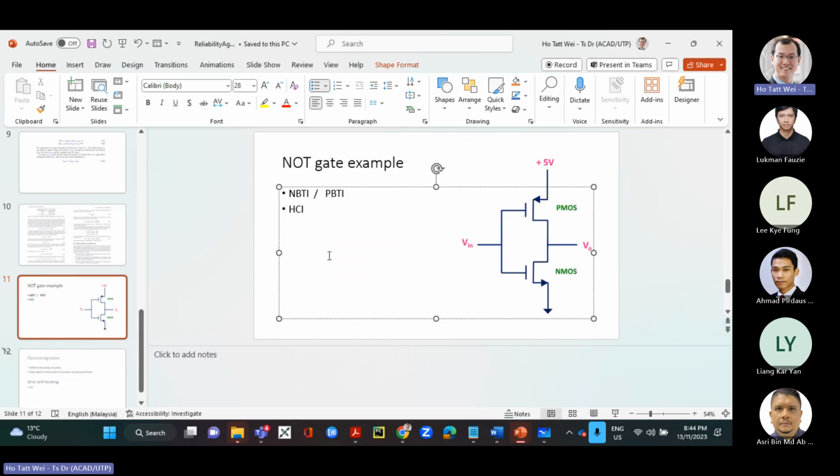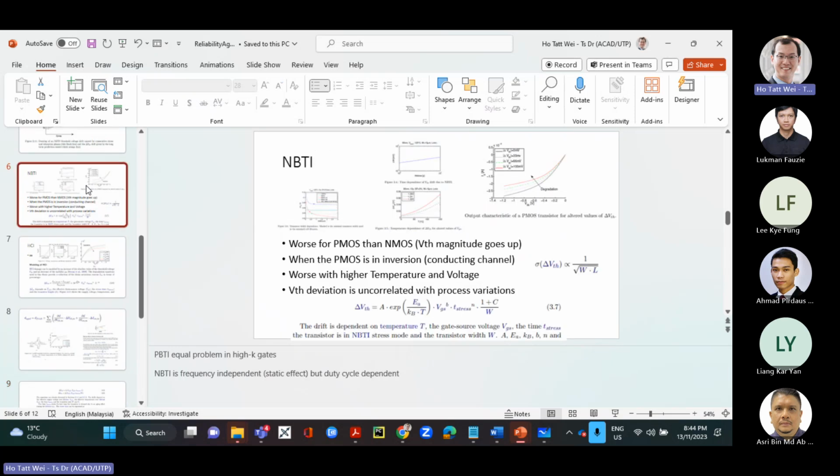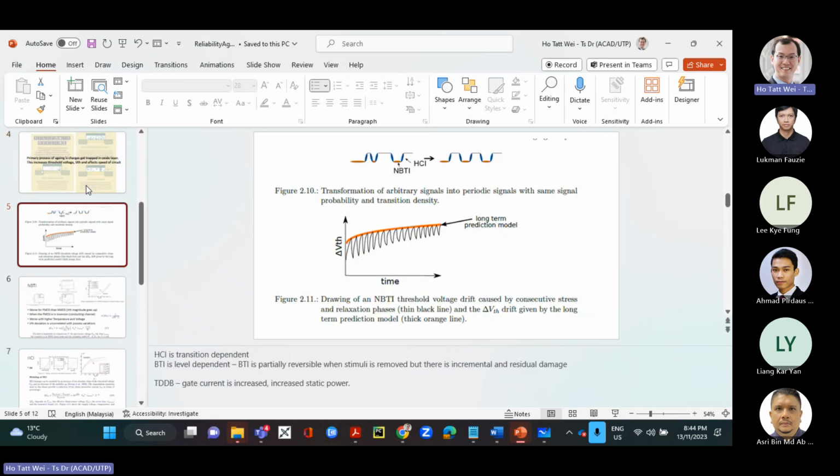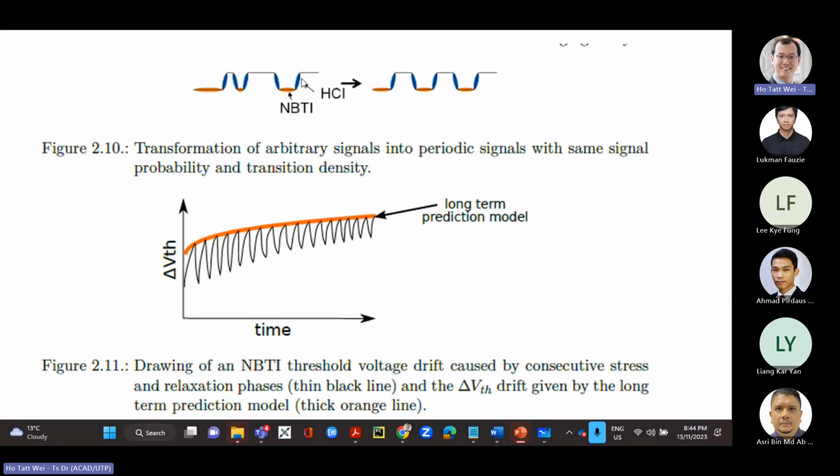Okay. So with this example, I hope you can understand how looking at the activity of the gate, whether it's being held at logic 1 or logic 0, how long it's being held, as well as whether it's transitioning or being held at a main value, can hint to you what the dominant aging effect is. Okay, so that's the first step for you to understand, that you can tell it apart by its activity or by its logic level.